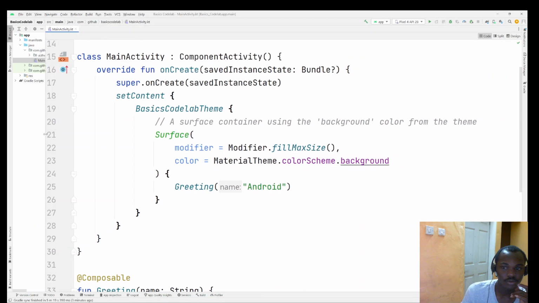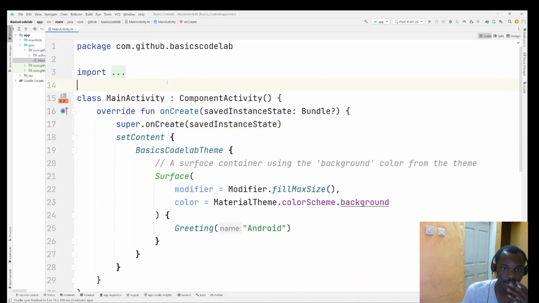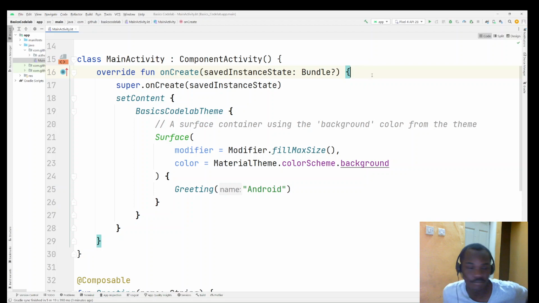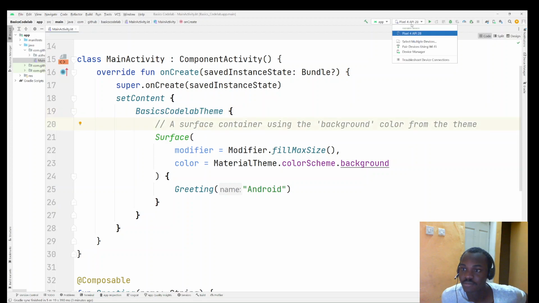So we have our main activity. It extends the component activity. That's cool. For XML, for those that don't do XML, that would be the app compat activity. But we have our onCreate. Yeah, I like onCreate. Then set content, basic Codelab theme, the surface container using the background color from the theme,